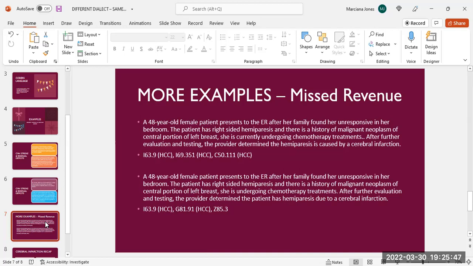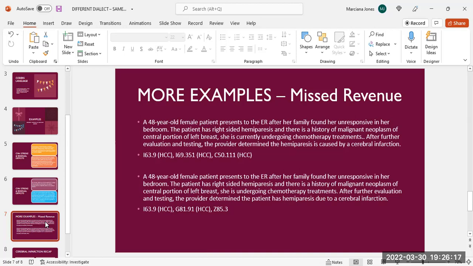So check out the other code. Grab your ICD-10 book if you need to. I want you to look up this code, which is G as in girl, 81.91. Grab your ICD-10 book. If you're looking up this code, G81.91, you see this is